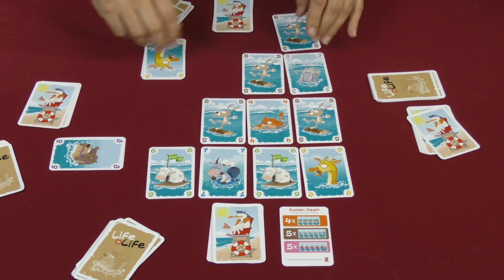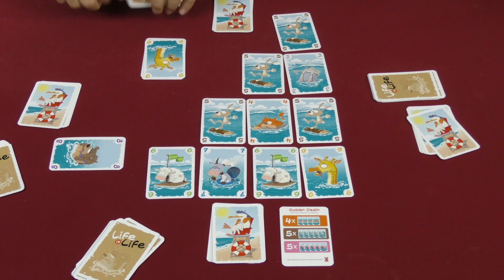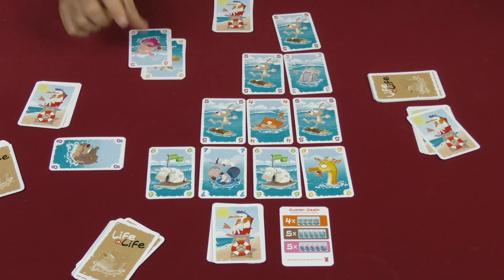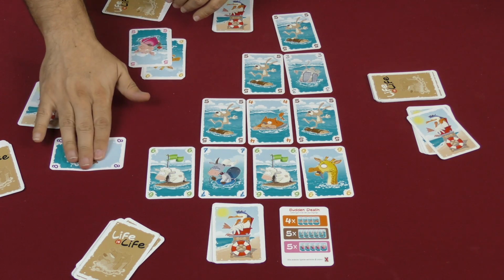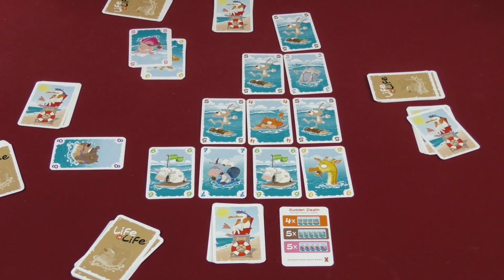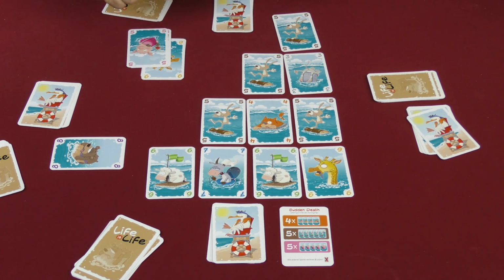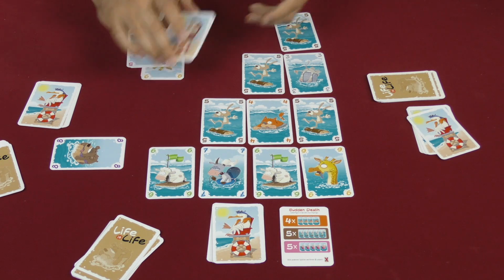You continue doing this with players scoring. If there's a tie, no one gets it, until you figure out which cards all the players have scored. So let's say it ends up with me having 14 points, 8, 7, and a total of 4 over here, okay? Once that's done, whoever has the highest total is going to keep all of